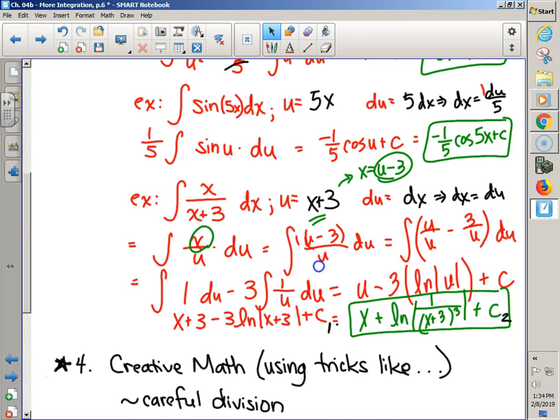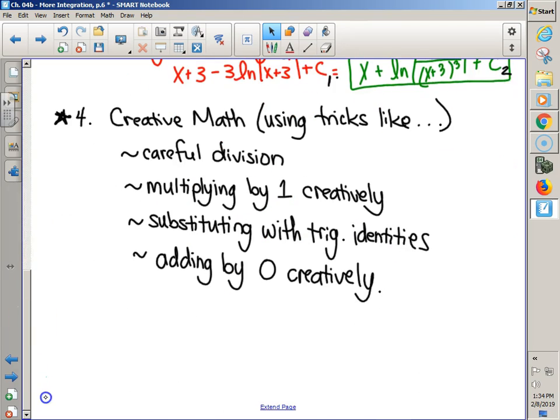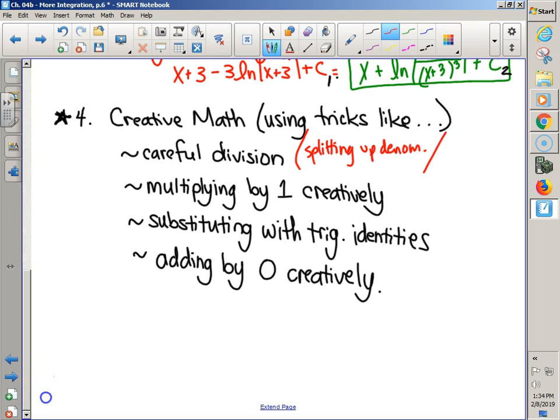So what am I talking about when I say careful division? I don't know. I could be talking about all sorts of things. Let's just put it this way. I could be talking about splitting up division. Splitting up denominators. What is that? Like the one up above. Like the one on the test. X to the 4th minus x cubed over x squared. Could be splitting up a denominator. Taking a division and saying, no, I need addition and subtraction. It could be